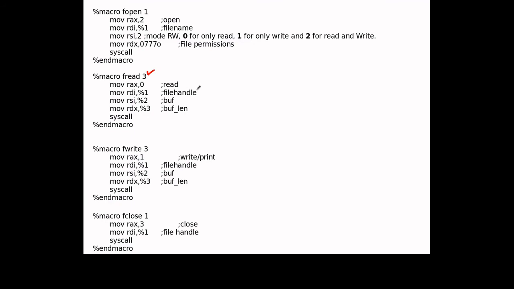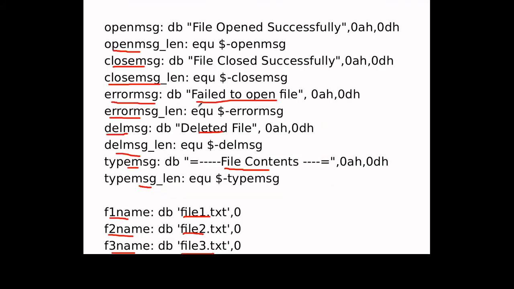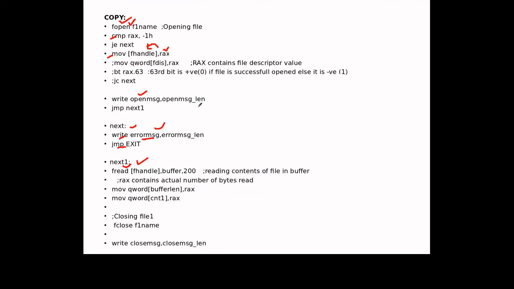One is the file handle, which is returned by fopen. Then the buffer in which we are reading the content, and the buffer length. So these three parameters we have to pass. We are up to the next one, and the fread macro.